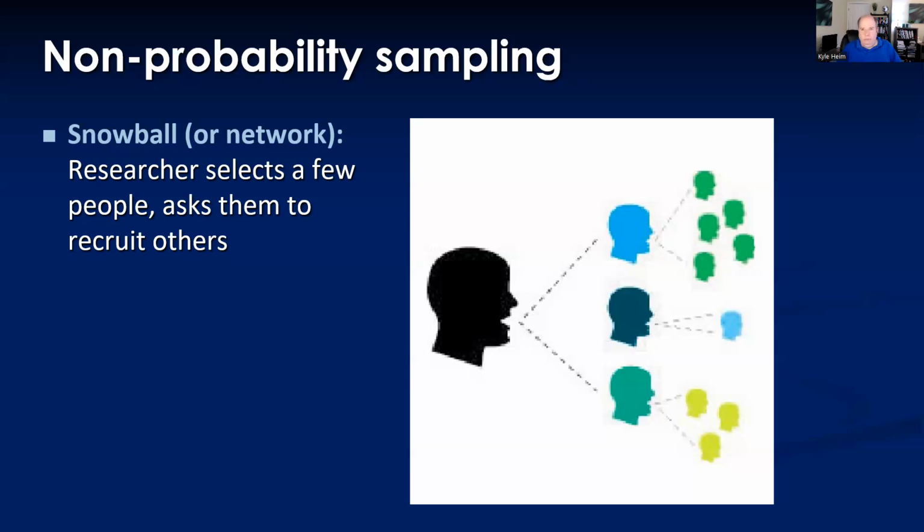Again, it is not random. This is not a random sample, but it can be a very effective sampling strategy for certain types of research, particularly focus group research. So all three of these fall under that non-probability category, which limits your ability to make generalizations about the population, but you still may be able to find out some very useful and valuable things, even though your sample is not necessarily representative of that population.